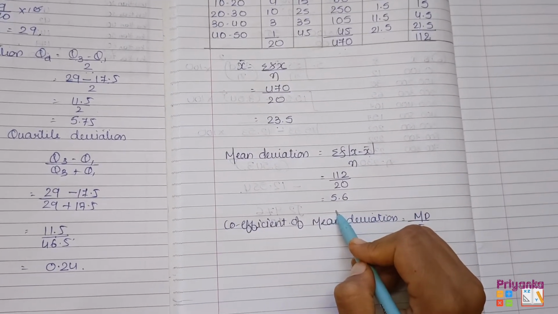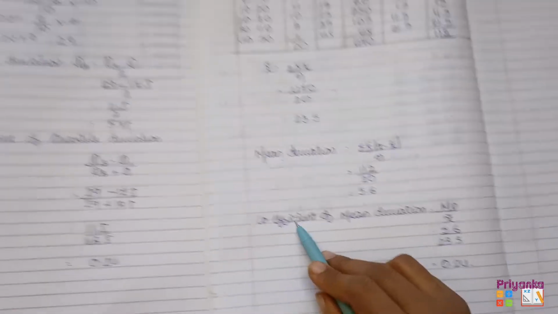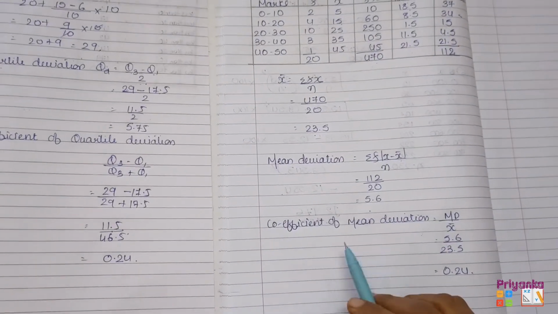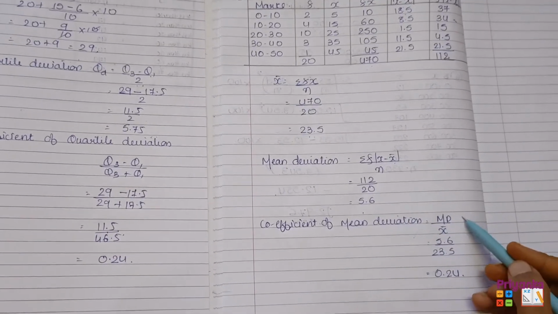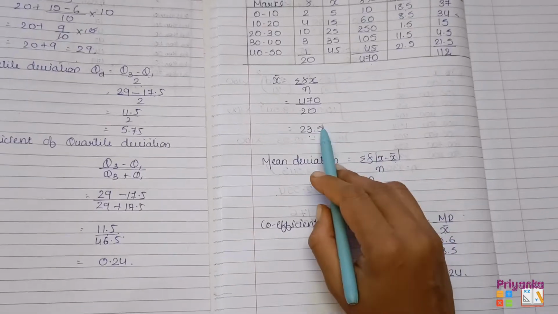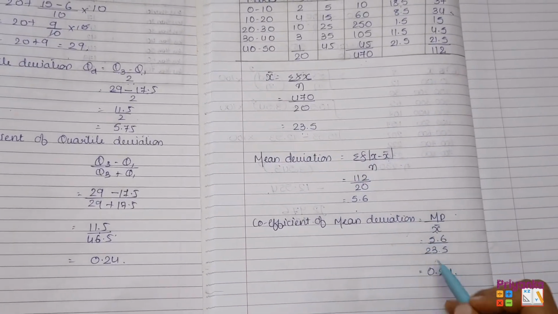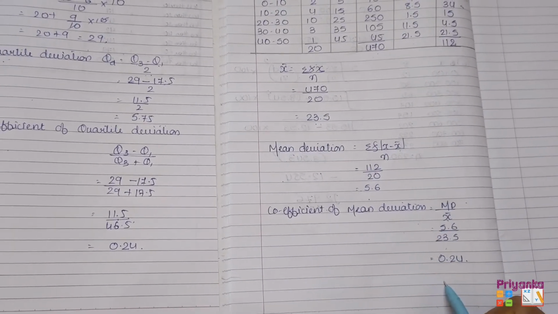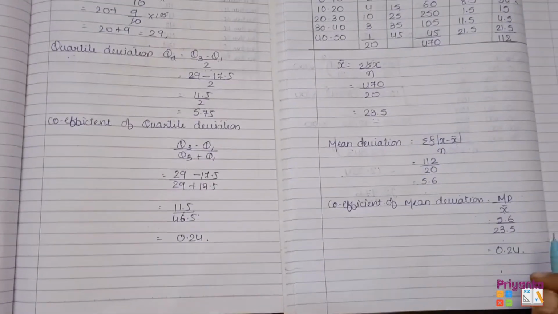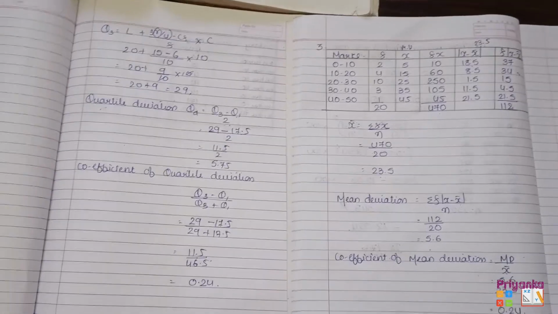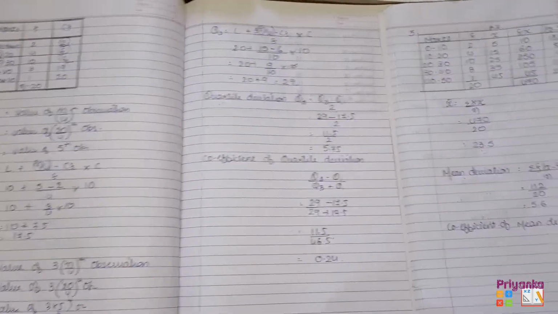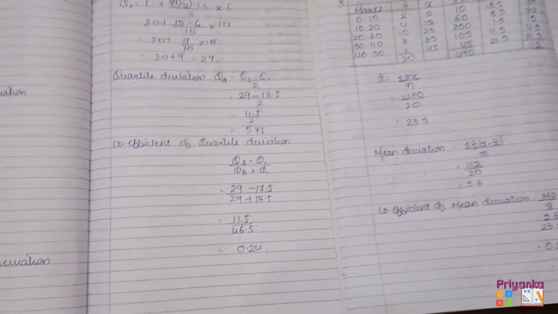As the question is asking for relative measure, that is coefficient, यहाँ पर भी मैंने ढूंढा, right? Coefficient of quartile deviation. Here also I have found the coefficient of mean deviation. Mean deviation का value था 5.6, mean 23.5. By keeping the calculation, here I got the answer 0.24. So that's what, any measure of dispersion has been asked. So here I used the quartile and the mean deviation. It's up to your choice. आप कोई भी method ये दोनों में से select कर सकते हो. Moving to the next.